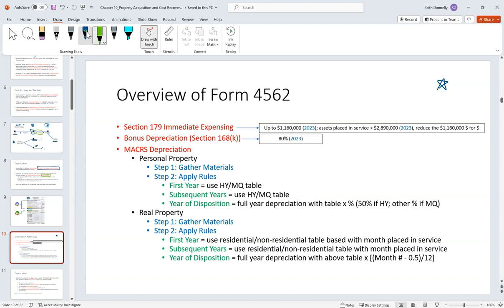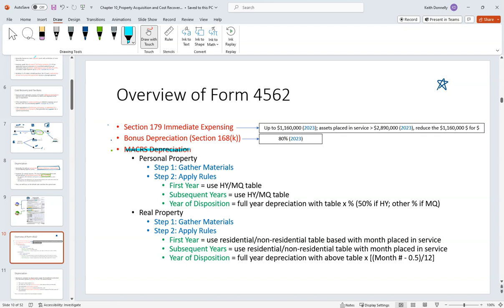You've got the blue shell up here, and you've got the green shell down here. How we are going to unpack this is we're going to look at MACRS depreciation first, and then afterwards examine the blue shell, the 179 and the bonus depreciation, because that's just the way the book sets it up. But let's start with